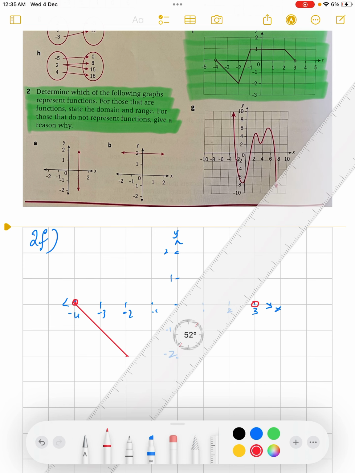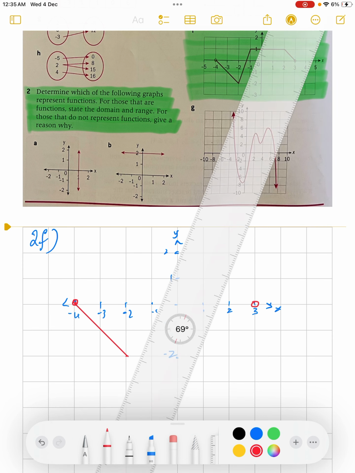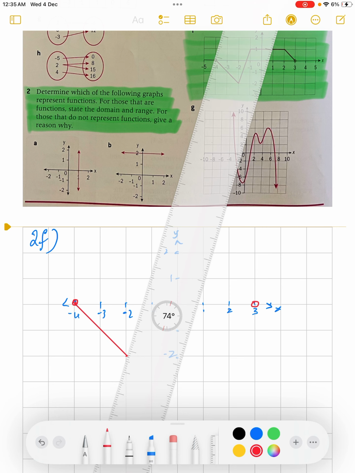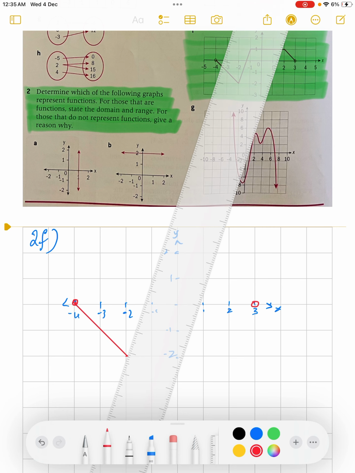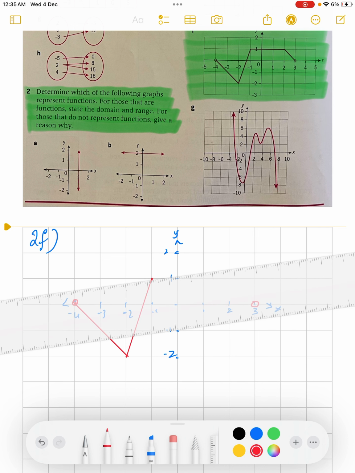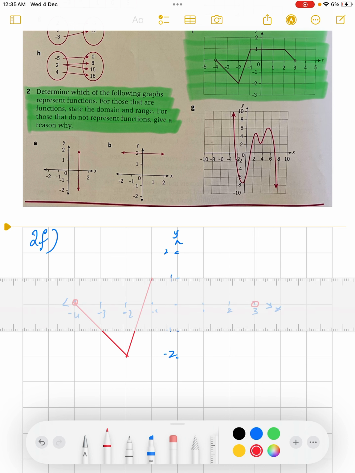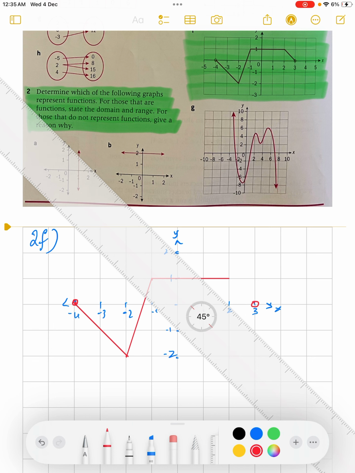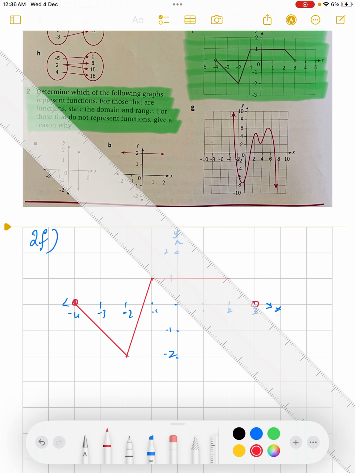It then goes up to the point 1, 1, so on -1, and then it levels out and goes across to the position 2, 1, and then it drops down to that position 3, 0, but it doesn't include 3, 0, so there's this hollow